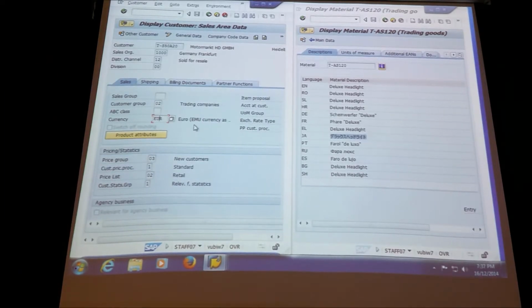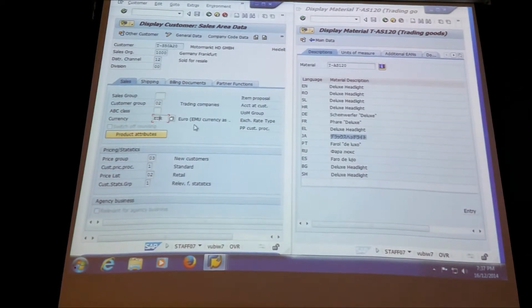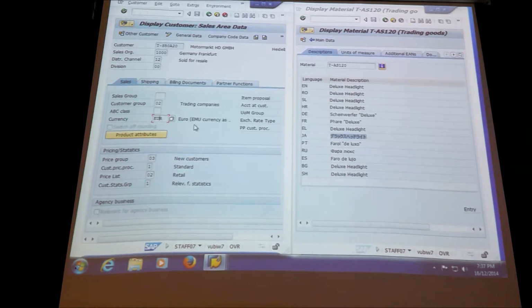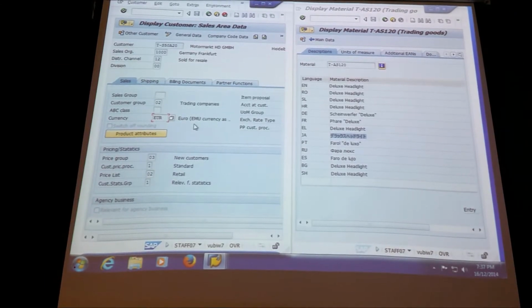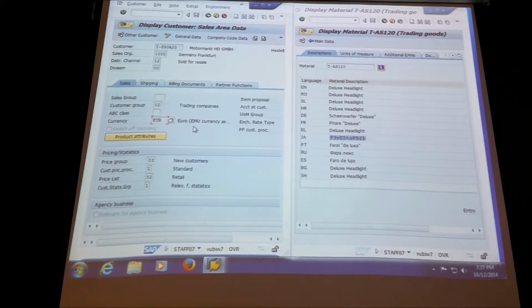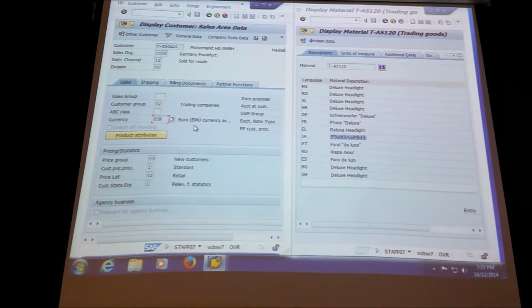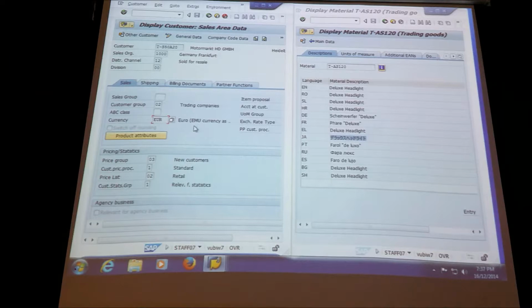Now, currency here is in euro. Your sales order will only have one currency. If I want to deal with Wendy here in different currencies, I split the order. Okay? When we discuss pricing, you will now have some confusion there because in pricing, my record can be in